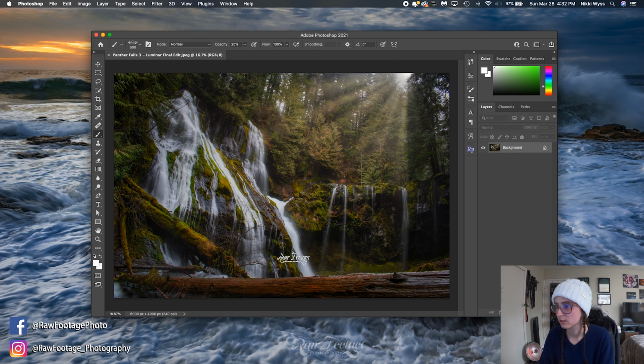That's 600. So I had to figure out where I want this. I think I am just going to have it in the center. I feel like that is a bit large, so we're going to do 500, which is normally not as small as I go, but because I'm putting it on the center of this log, one, I want to make sure the opacity is really low, because I don't want the first thing people to look at and see to be my logo. Obviously, I want them to see my logo, but it's not the main part of this piece. I post all my photos on my Instagram photography page, Raw Footage Photography, which will be linked